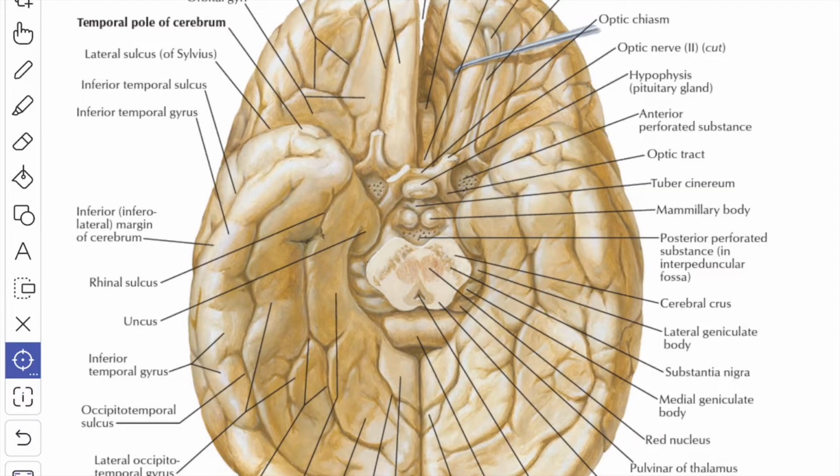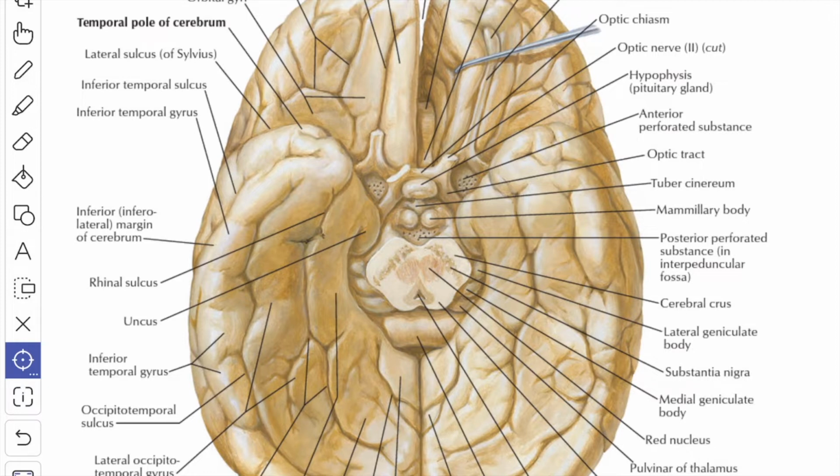In this video, we'll study the nuclei, functional components and the distribution of the cranial nerves. There are 12 pairs of cranial nerves. Out of these, the first 2 pairs arise from the forebrain and the last 10 pairs from the brainstem. The cranial nerves are named and designated by Roman numerals in the rostrocaudal sequence, that is, in the order from before backwards in which they are attached to the brain.